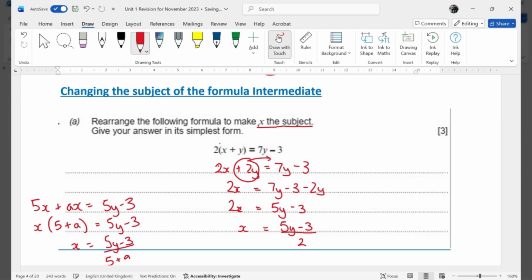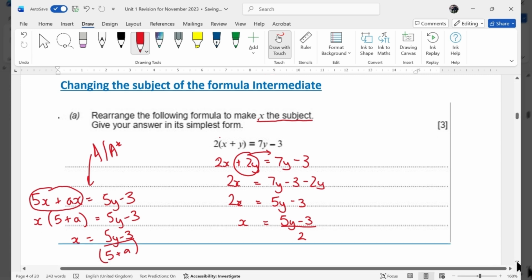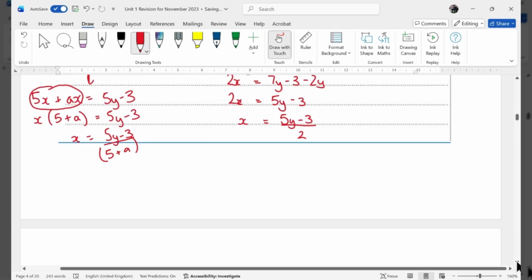But that would not be in the first half of the paper because we're now into A and A star. The difference is that there are two subject terms that need factorizing, rather than the one subject term you've seen just before. Okay,